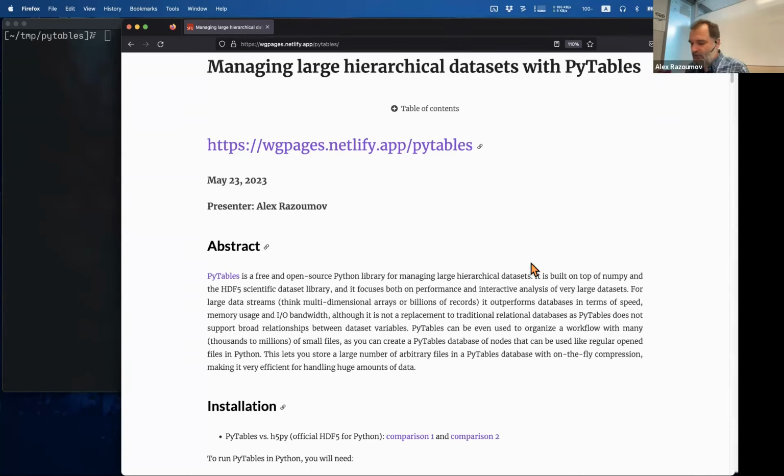So HDF stands for Hierarchical Data Format, and it's a specification and a library for working with very large data sets. As the name suggests, you can have hierarchical data organization inside the data set. So you can have essentially subdirectories and folders inside folders, and then multiple data set arrays, for example,